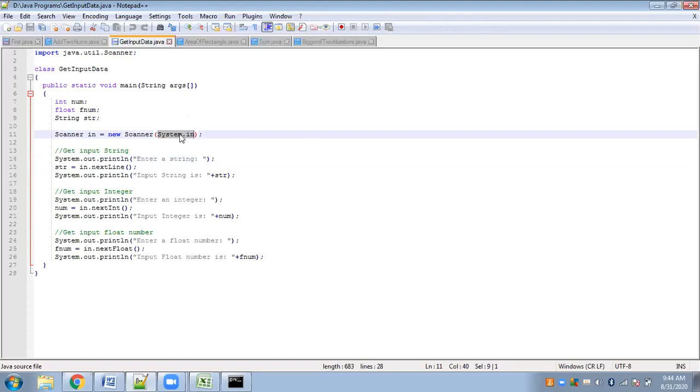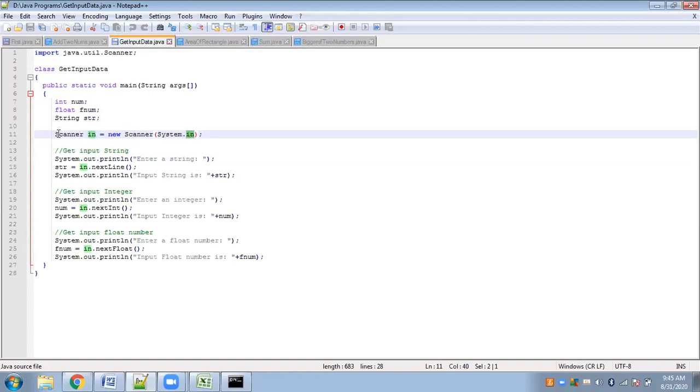System is the same class as in System.out, and in is a predefined object for standard input. It is a static variable of the InputStream class, whereas out was from the PrintStream class, for output. And this is for input.